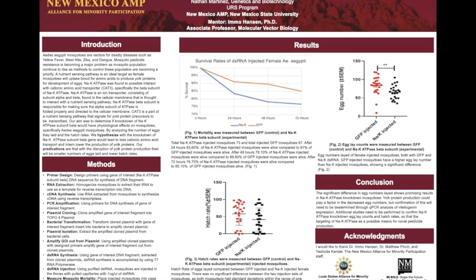So in conclusion, the significant difference in egg lay count shows promising results in our sodium potassium ATPase knockdown, as yolk protein production could play a factor in the decreased number, but confirmation of this will need to be determined through qPCR analysis of vitellogenin expression. Overall, additional studies need to be performed to confirm our sodium potassium ATPase knockdown, both egg lay counts and hatch rate data, so that the targeting of sodium potassium ATPase beta subunit could be a means of possible targeting